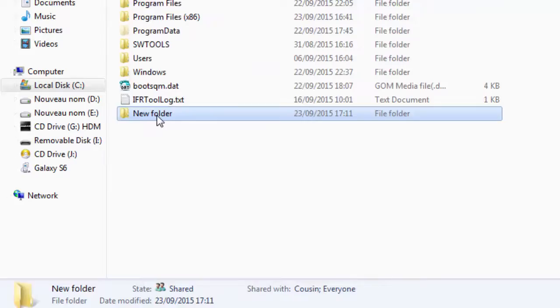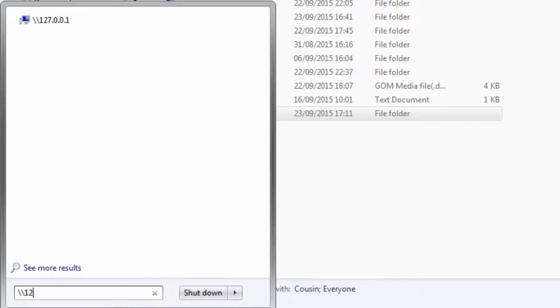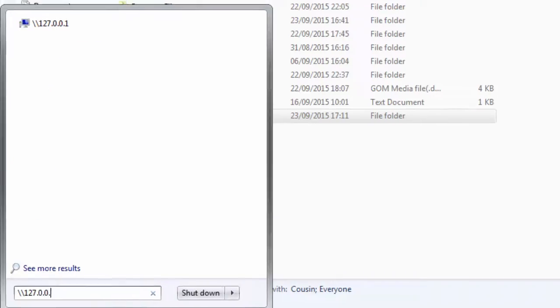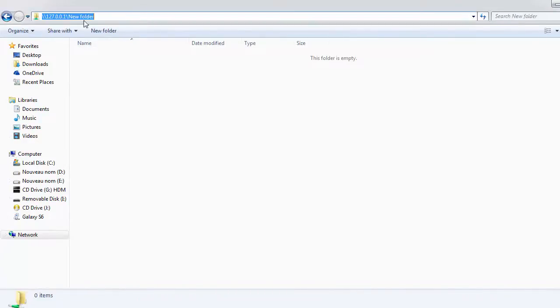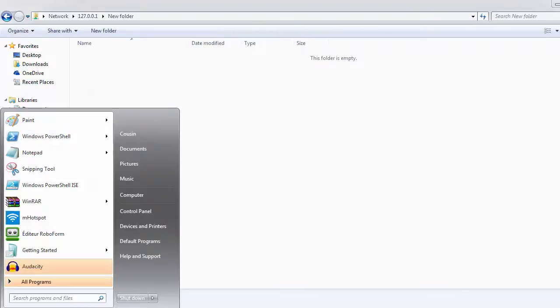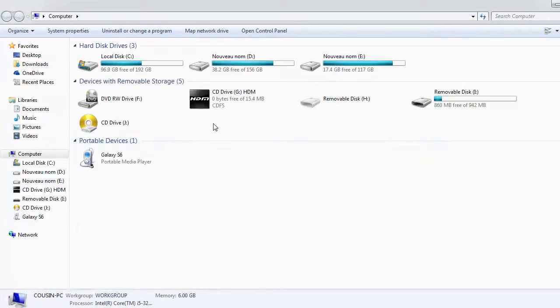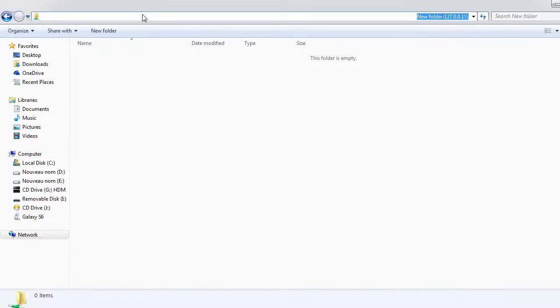To access this folder through the network, for example, we type double backslash 127.0.0.1. So here it is, our folder on the shared network. You can access it by this path. But when we want quick access to this folder from the computer, right here, we want to add it in this place. We need to copy